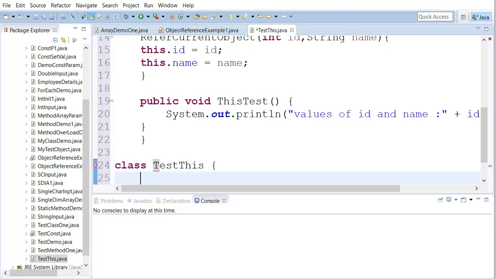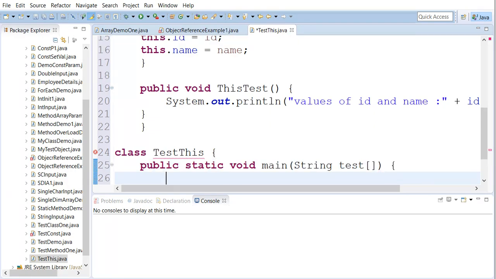So this is test this. Now this is another class. String array, this is a main method.